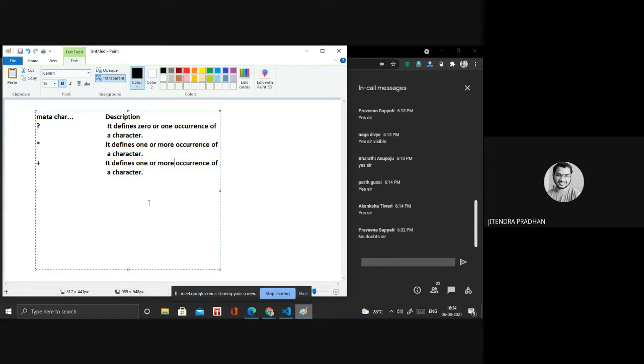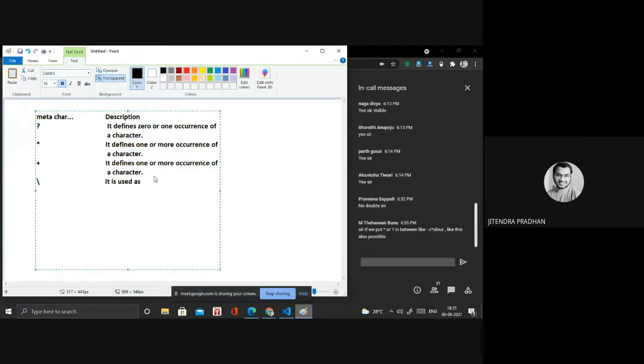Next we have the slash meta character. What is the use of that? It is used as an escape sequence character for special characters.